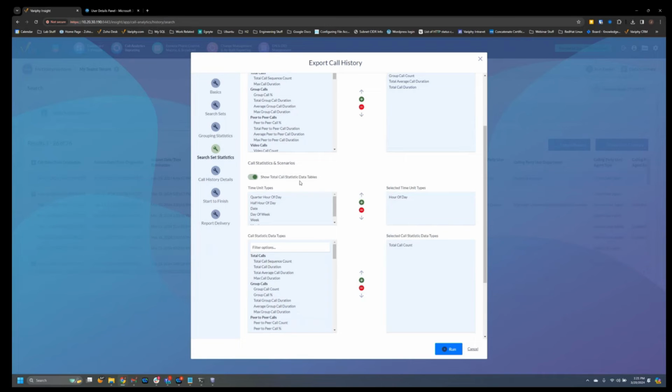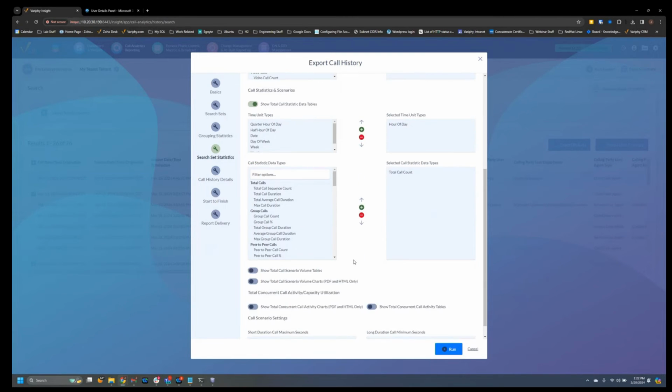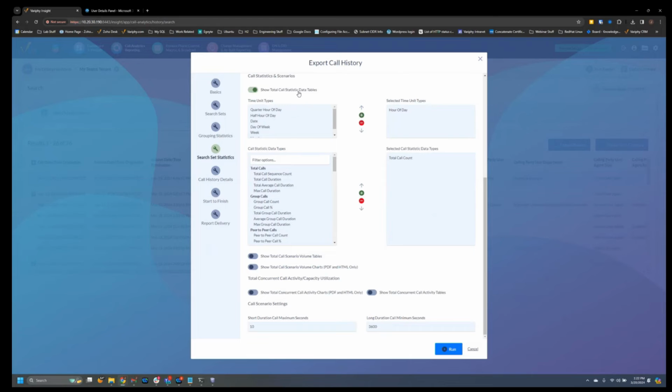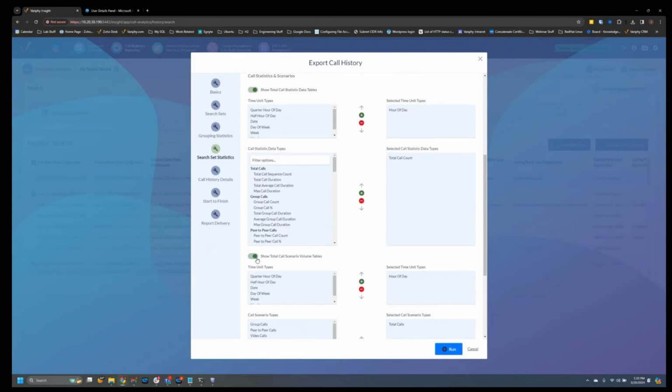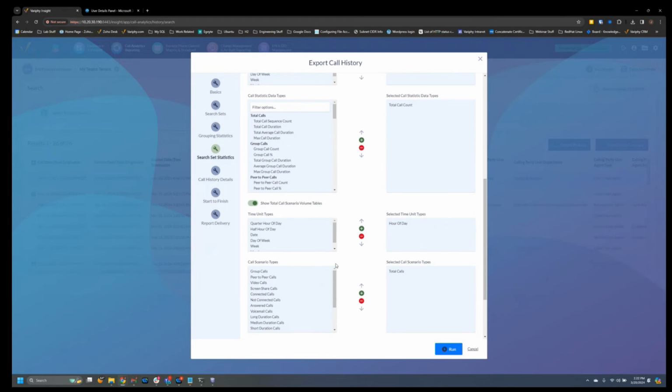I want to see the stats for my department for every hour of the day, and I want to see total count. That's going to be in a data table. I can also choose a volume table, a scenario volume table, and I'll show you basically. I'm going to choose day of week,